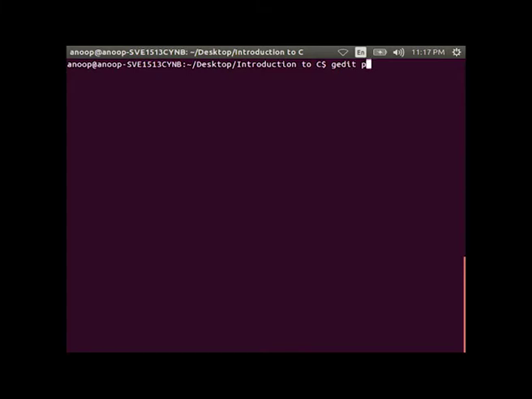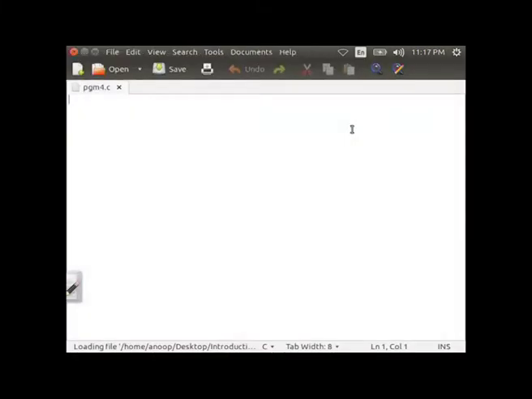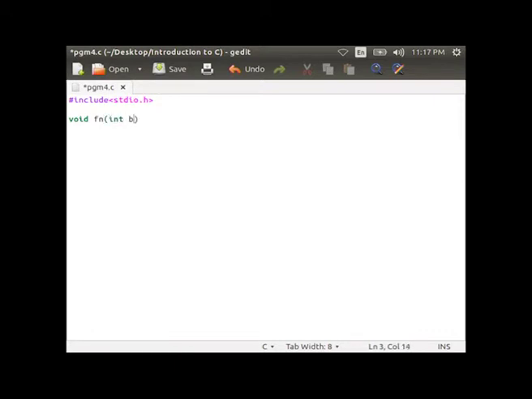Let us initially type this program: hash include stdio.h, then you define the function fn, that is void fn passing the variable b, int b within curly brace, printf value of a in function fn equal to %d comma b, then close the curly brace. Then you can start the main function, int main within curly brace, register int a equal to 1, then start